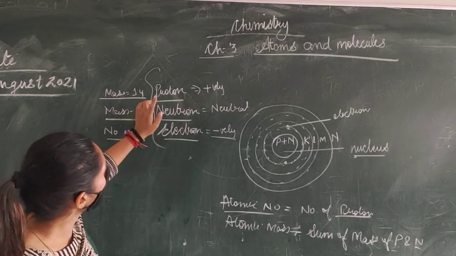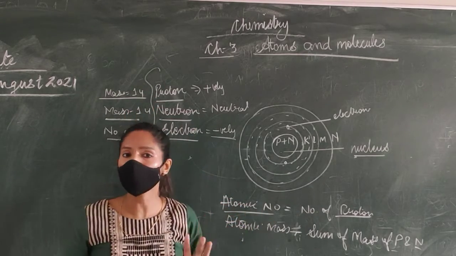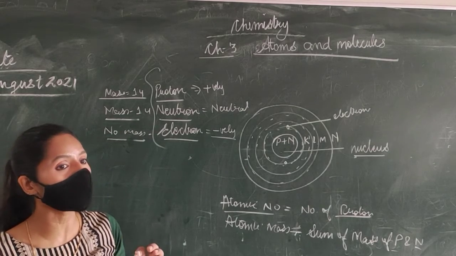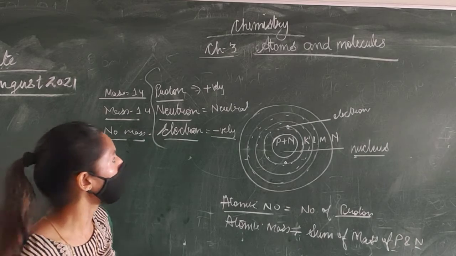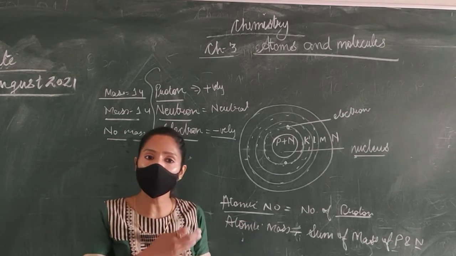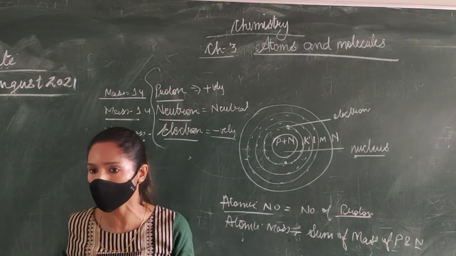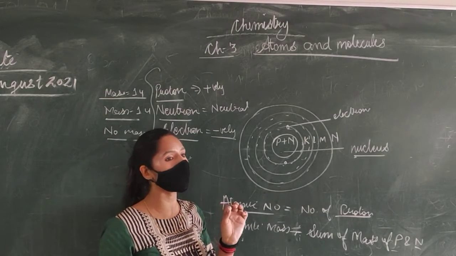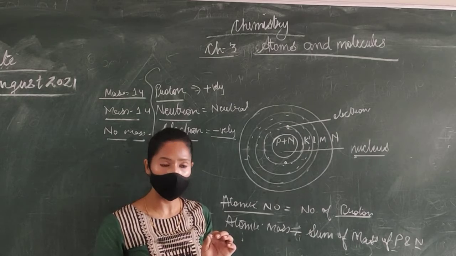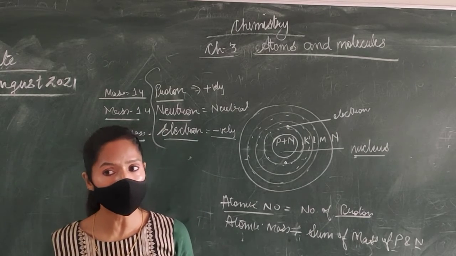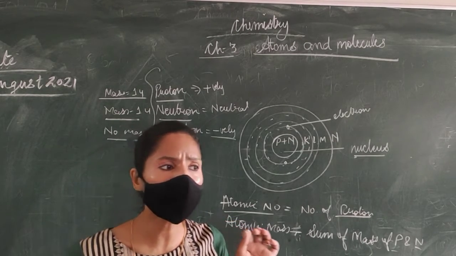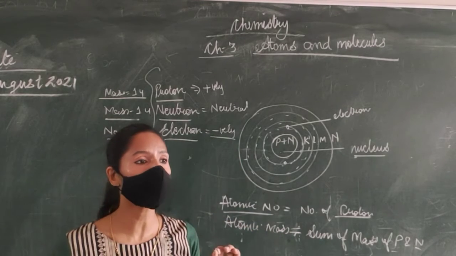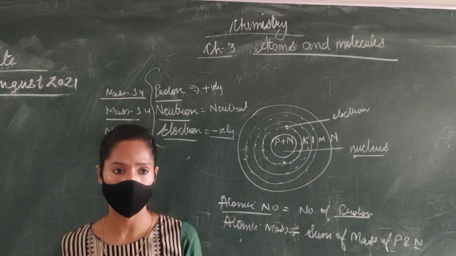And the atomic number of any atom. So an atom is the smallest particle of an element. If we break an element into the smallest, tiniest particle, what will we get? We will get an atom. And elements are pure substances, so from any particle of an element, we will get the same atom.